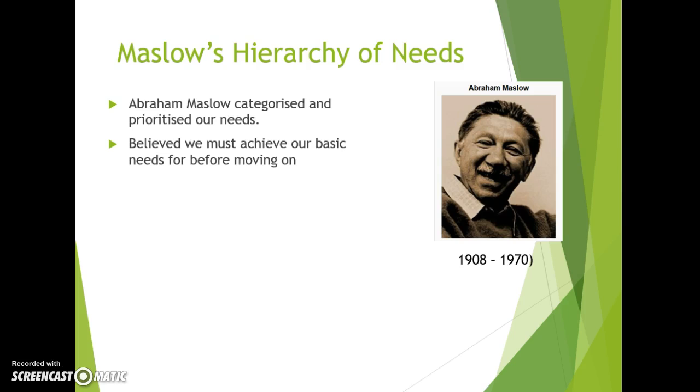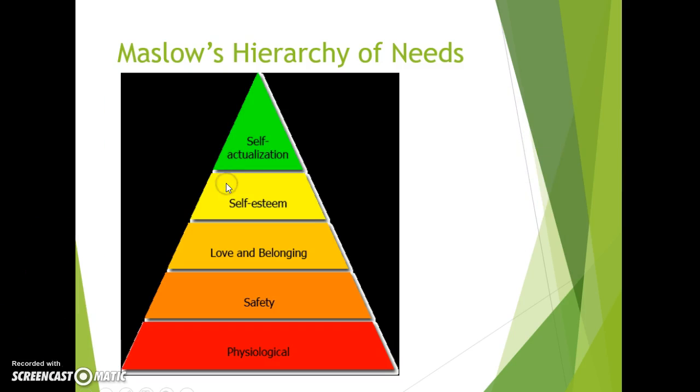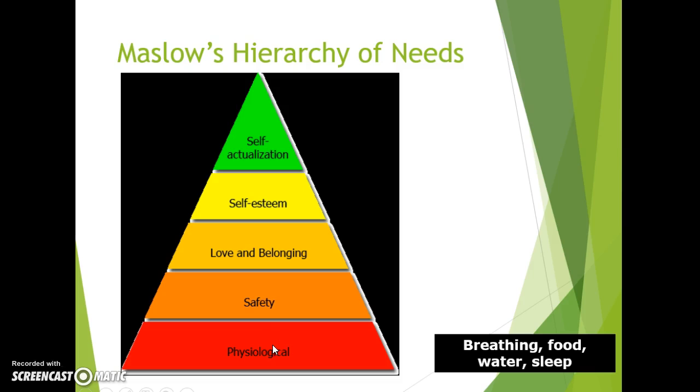And for us to be motivated, we must achieve our basic needs before we can feel further motivated. So this was expressed in his pyramid, whereby you can see at the bottom, these are the very basic needs that we have as human beings. So what he was saying is that if we were denied these things, breathing, food, water and sleep, what would motivate us would be survival and achieving these things. Once we've achieved these things,